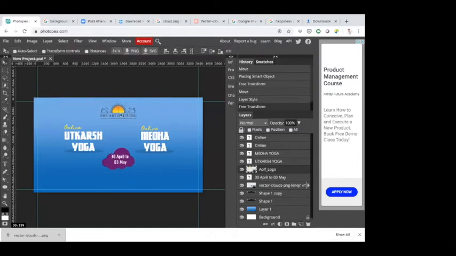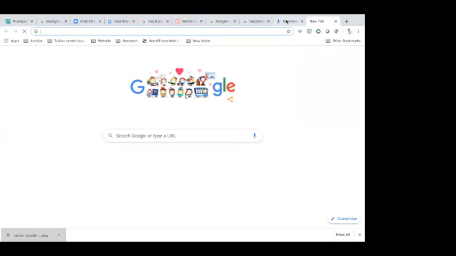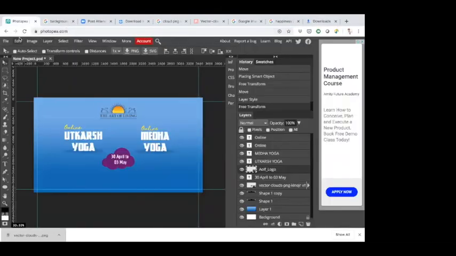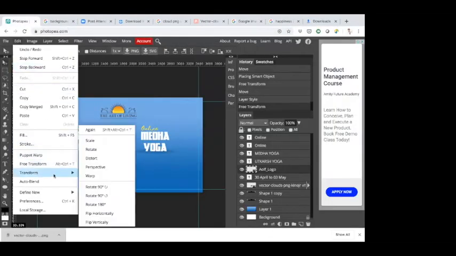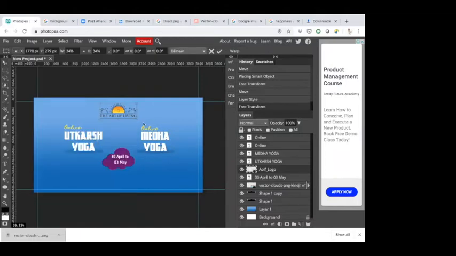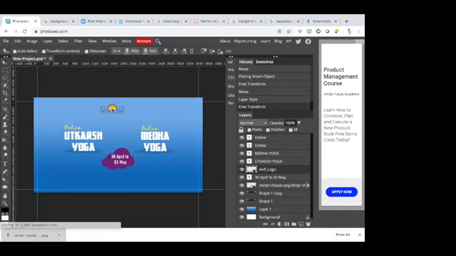If it is a light background, you can use the, sorry, edit scale. I'm very much used to the Photoshop shortcut. Control T is basically for scaling it up or down. But in Photopea, if I do Control T, Chrome will open a new browser, I mean, new tab.